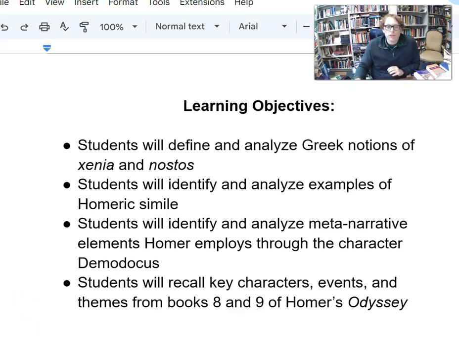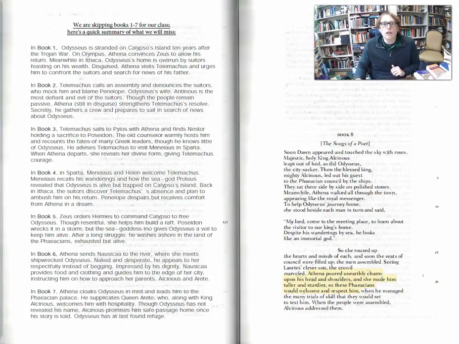Okay, so without further ado, let's jump into our text. We are skipping over books 1 through 7, as I mentioned originally at the beginning of the video lecture. I've included here a very brief summary of what happens in books 1 through 7. Books 1, 2, 3, and 4 are all about Odysseus' son, Telemachus, and about what's happening back at home in Ithaca. Oh, and it's important to note, too, we're talking about a point in time 10 years after the Trojan War ended. So we're jumping forward 10 years, and at the moment, we don't know what's happened in those 10 years, but the Odyssey is going to fill in all those blanks.